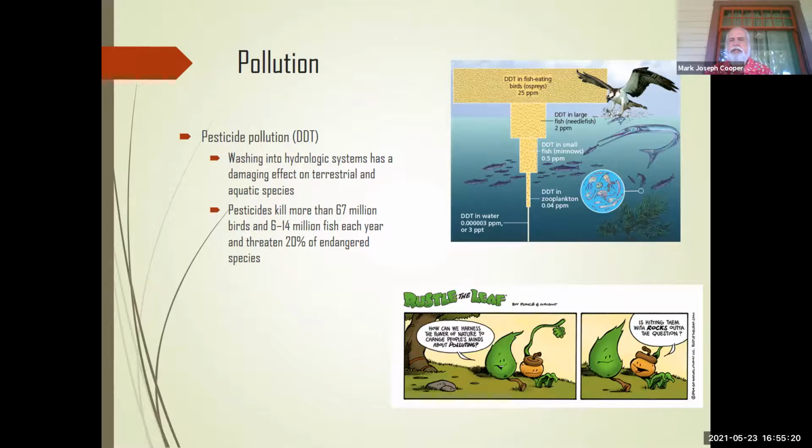So what you get is DDT in the zooplankton, which is then eaten by fish, which are eaten by bigger fish, and then eaten by bigger birds. And so what happens is the parts, you can see if you look in the picture, increase, where they become extremely deadly. And it turns out the adults are just kind of sickly. But what happens, especially in the birds with DDT, is the calcium in their eggshells is very, very thin. And so the parent actually sitting on the egg would crush it, and lots of die-off. So we have stopped using DDT